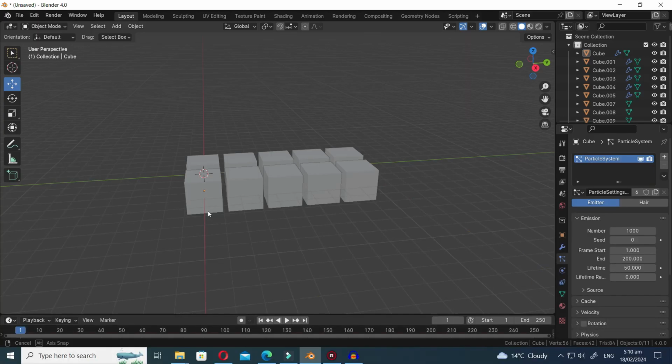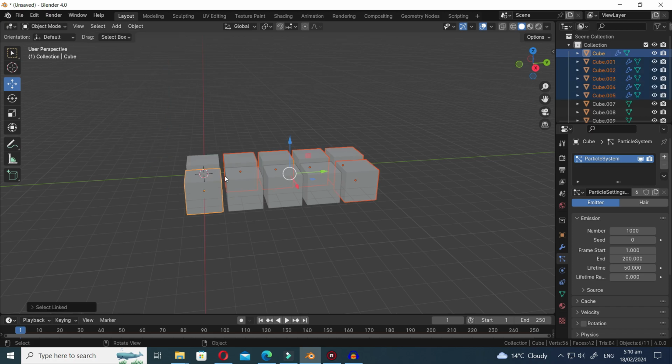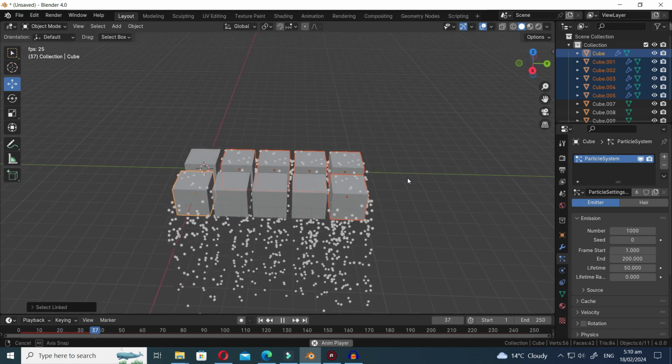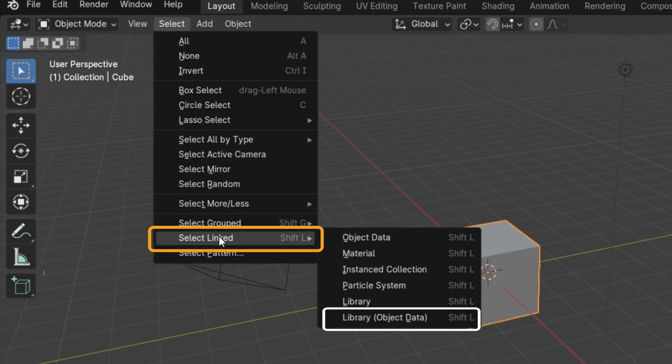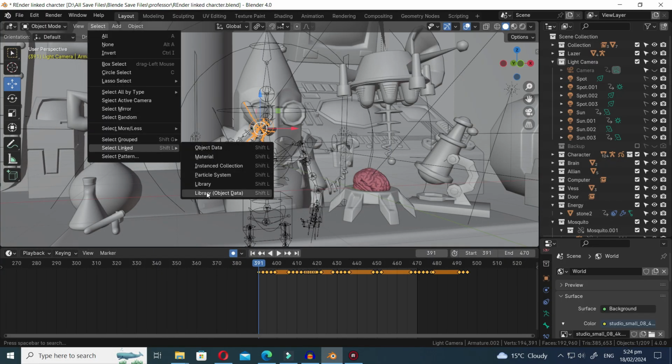Particle system. Selects all objects that are linked to the same particle system. Similar to these cubes, they are linked to the first cube and share the same particle system, creating a consistent effect. Library, object data. Library, object data, selects all objects that are part of the same library and are limited